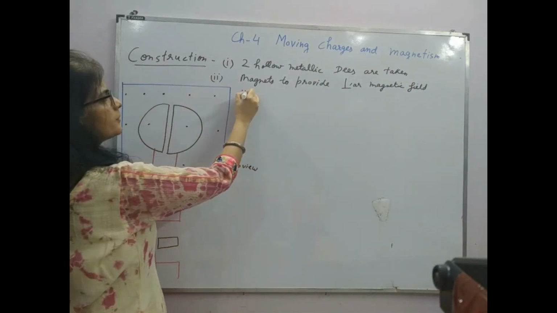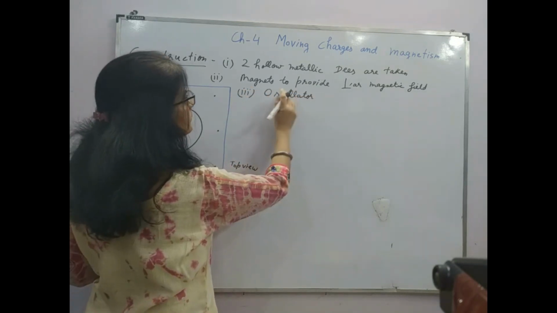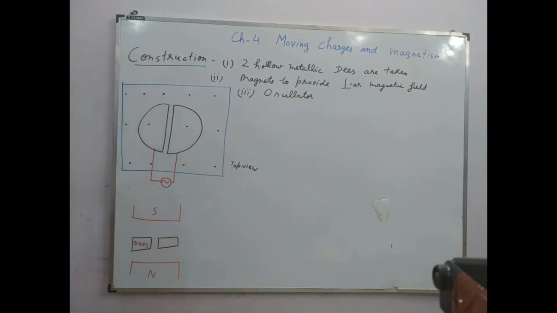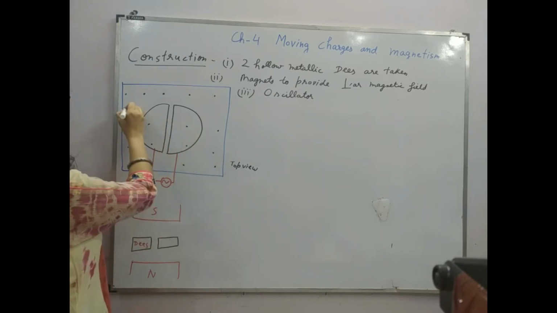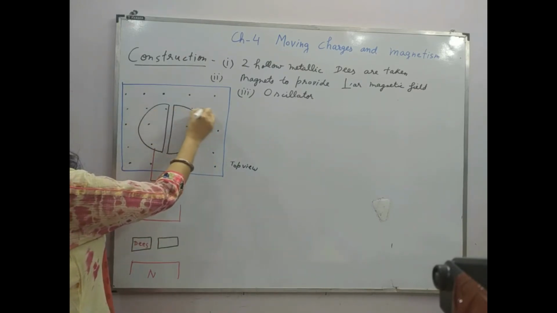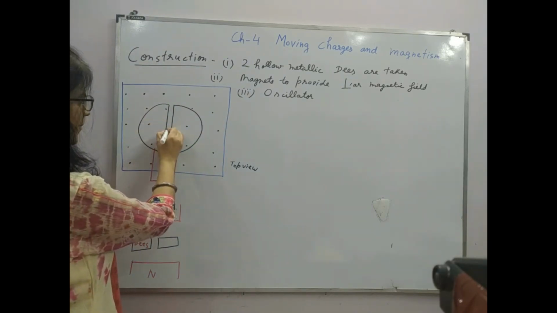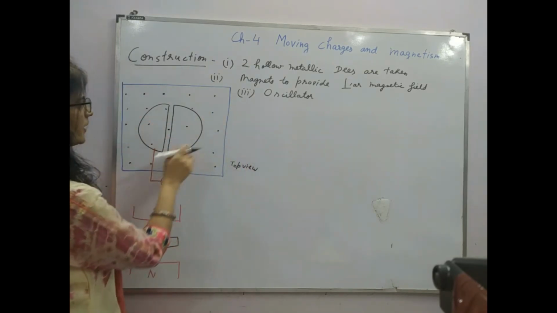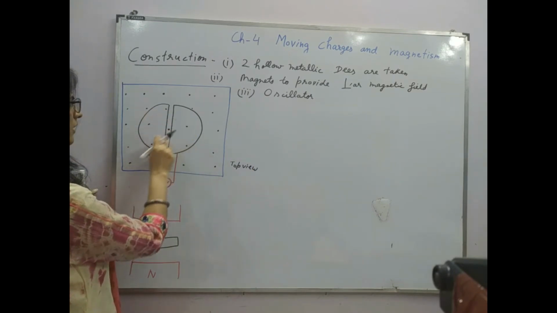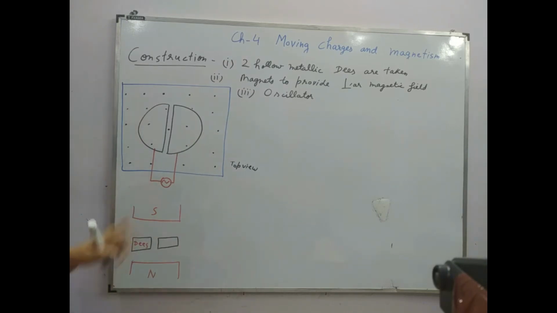Okay. Third part in construction, oscillator. So these are the basic construction parts. And then the charged particle is injected here between the gap. I'll discuss in the working. And then after covering the circular paths, we have a deflecting window. It is to be deflected wherever we have to target these particles. So this is the basic construction part.